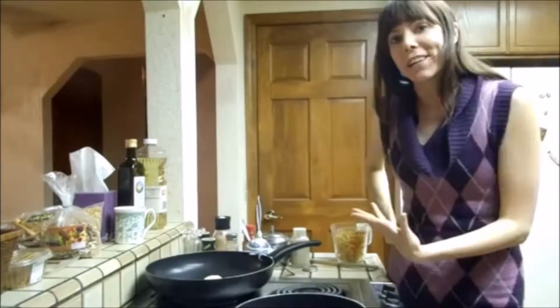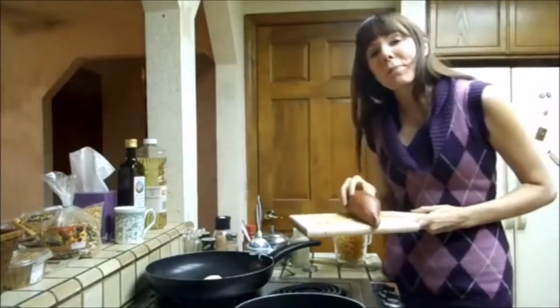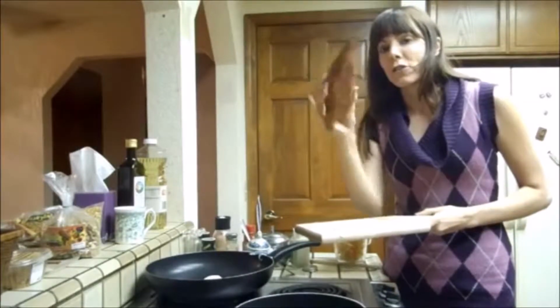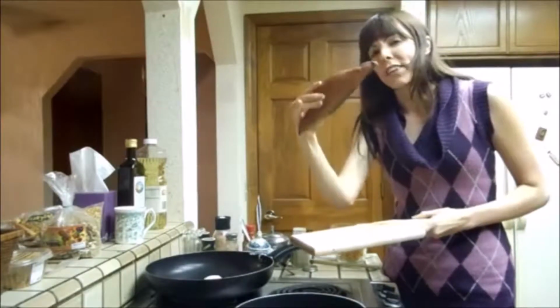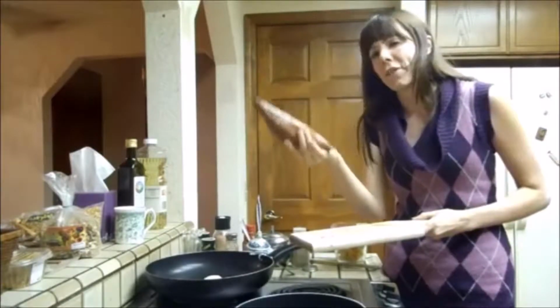Really nice vegetarian dish. Don't go, it's really good, I promise. The very first step in the process involves roasting a sweet potato. This is good for 2 servings of this dish. I'm only going to make 1 serving right now, so I'm going to save the other half of the roasted